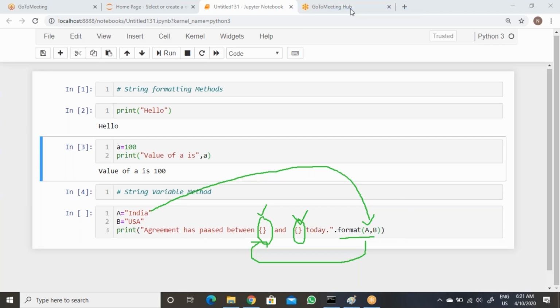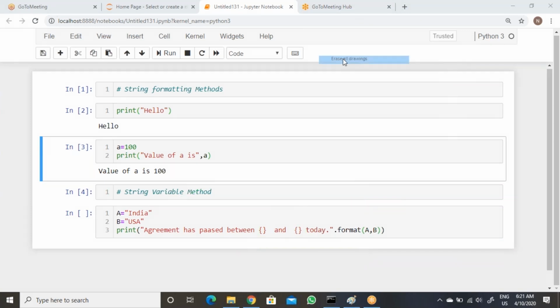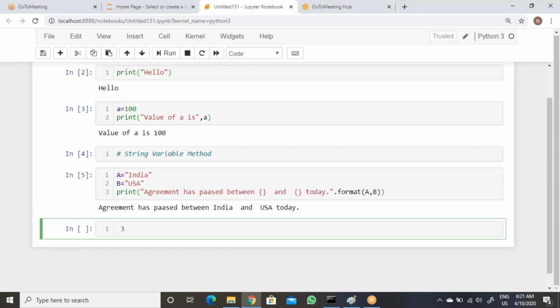So now let's see, after executing, then you will get to know what exactly happens. Execute. See, agreement has passed between India and USA today. That means this is called a placeholder. A placeholder is nothing but a temporary space to hold a value, that's it.